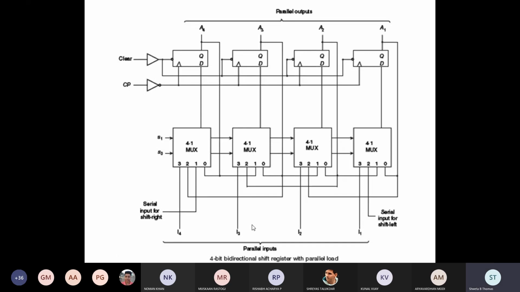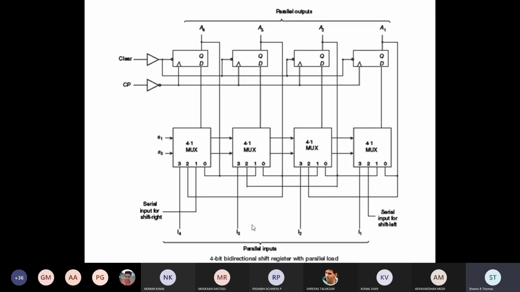Although this circuit looks a little complicated to draw, anyway you have to draw the circuit and this is your open notebook also. So I don't think you'll have any trouble while drawing the circuit. But when you're writing the answer, write all the steps point-wise. Don't miss any steps. It is taken from Morris Mano. You can also see the books, but you have to use the same circuit.